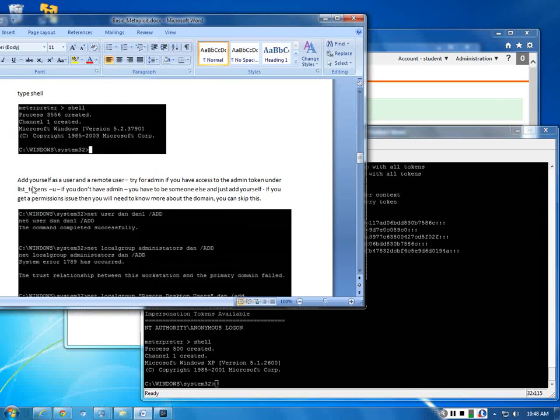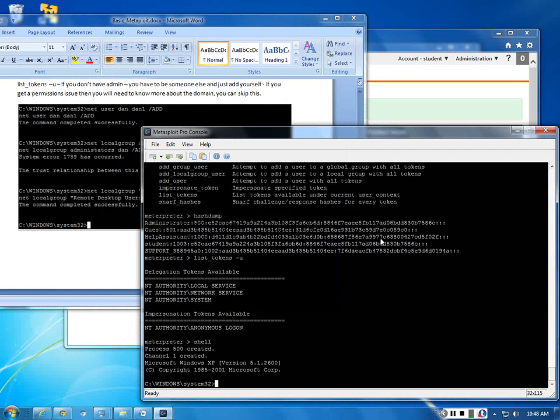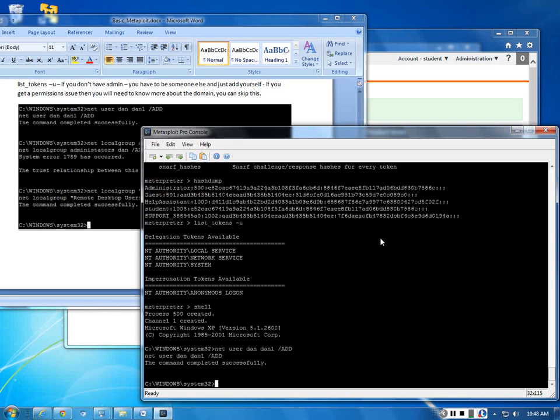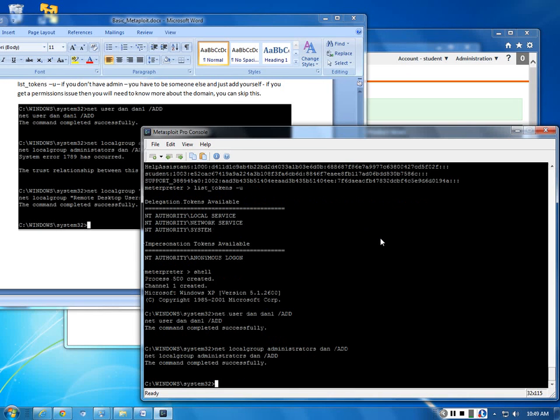So if I want to add a user, right, what I can do is I can go net user Dan1 /add. And then boom, I'm in there, right? Net localgroup administrators Dan /add. And now I'm a local administrator on that box, as far as anyone's concerned. And then if I want to add myself so I can actually go in and do stuff,